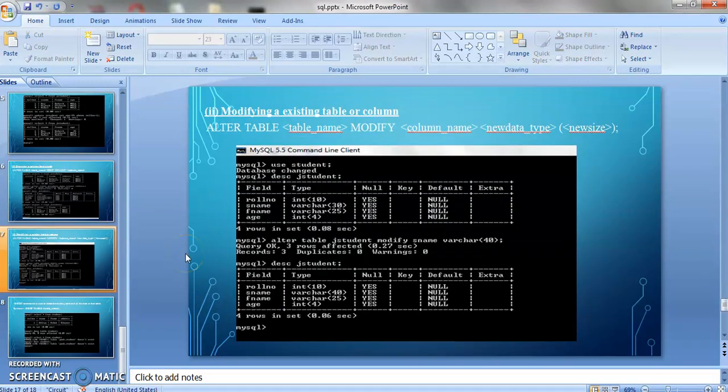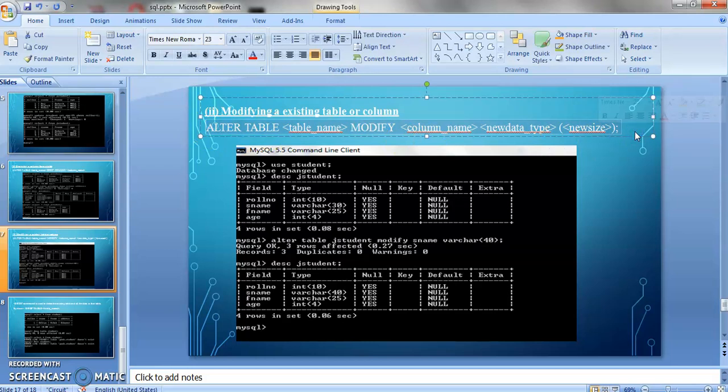Okay, so next we'll see how a user can modify an existing table or column. Suppose we have to modify, it is basically a column, because the table will be modified when a column has to be modified. So how are we going to modify a particular column? In this slide we will see how you are going to modify a particular column. The command is for modifying an existing column. This is the one thing which I have to describe: the column should exist, it should not be new. You will modify those columns which are existing.